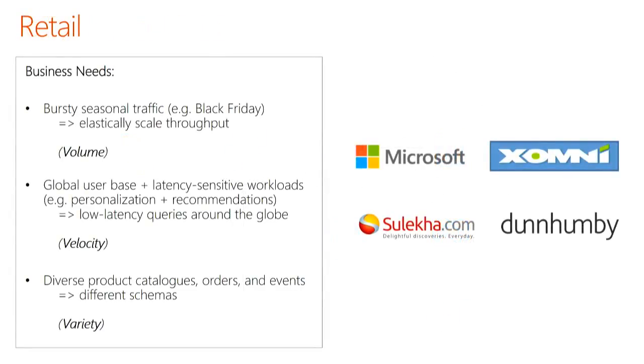We also see a lot of usage in retail. I mentioned a little bit about moving traffic up and down for seasonal demand, like Black Friday or Cyber Monday sales. But some of the other problems you'll see are around volume. A lot of these data stores have requirements: if you have a global website and a global user base, you want to deliver low latency access to that same data set around the world. But even more so, there are very latency critical workloads like personalization and recommendations.